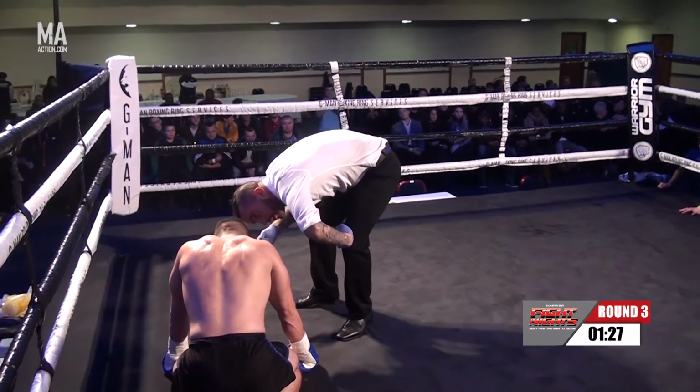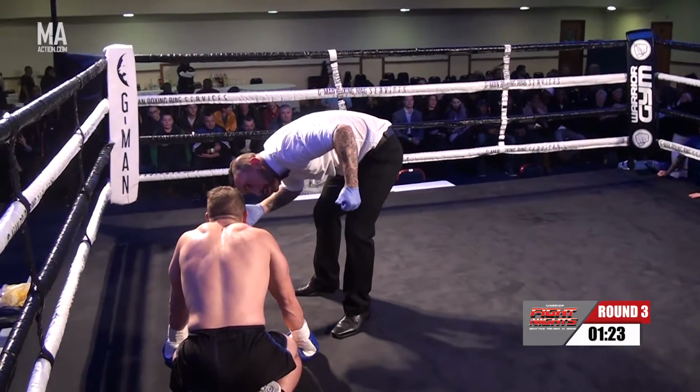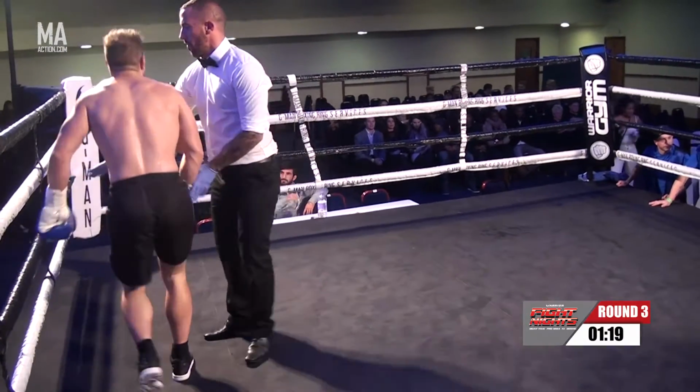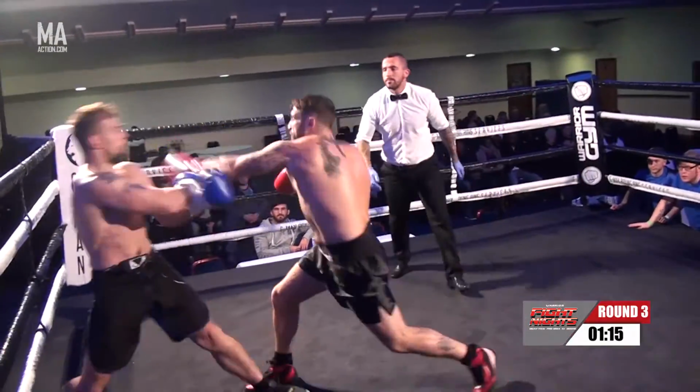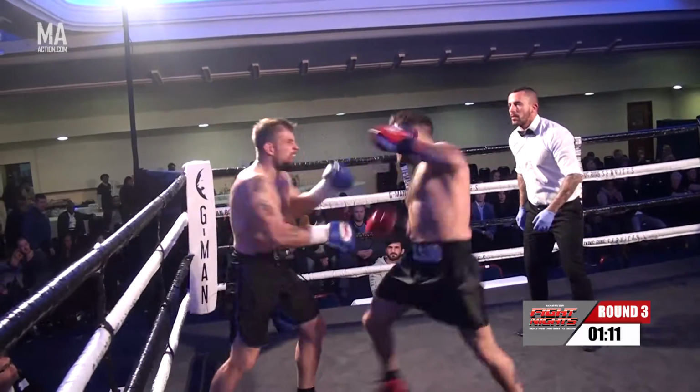Now that Danny's got 2 problems, he's looking for the left. He knows he's got to guard against it. So what does Dean do? He brings the right in to the midsection as well. And after the count, you can see a grimace there. Nash so tough, but he's gonna have to really pick whether he stays with...